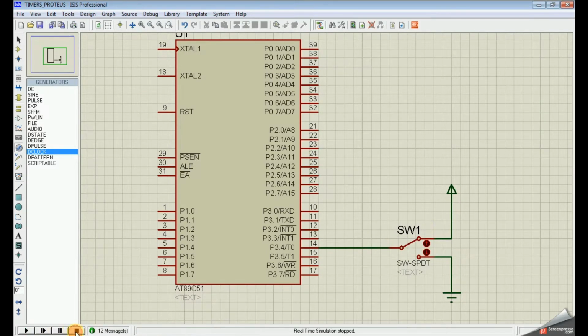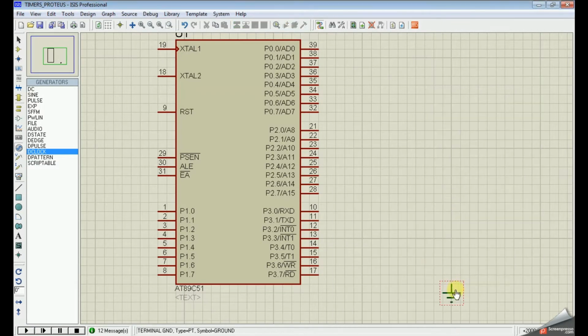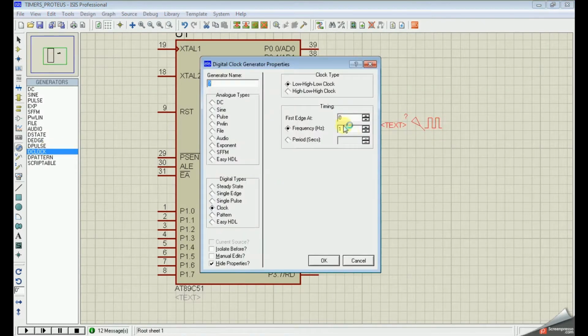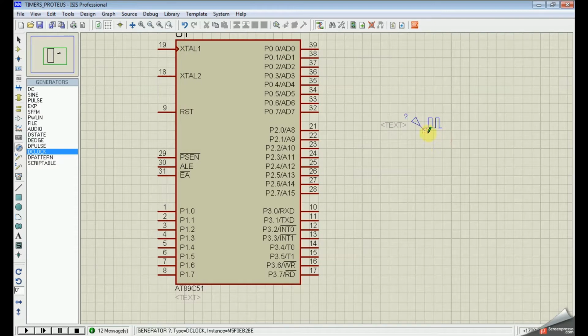Let me stop this and change the circuit to give a clock signal here. Here a clock is available, so we can choose the frequency. I'm giving 50 Hz, that means the number of cycles per second, so per second it will give 50 pulses. This pin should be connected to port 3, pin 4. So in 1 second it will update 50 counts.